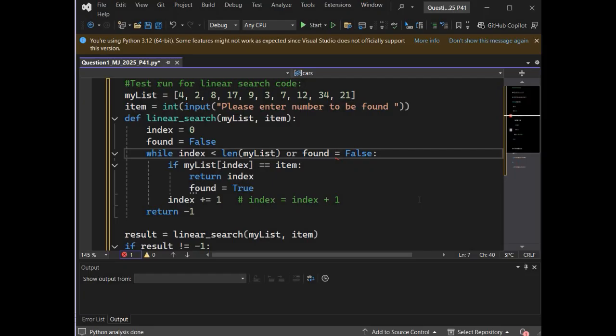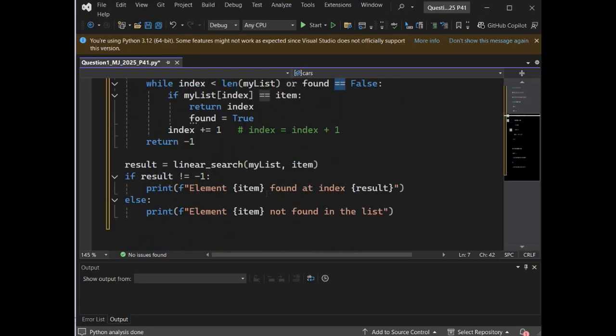Always remember, when you're writing a condition, if you use a single equal to, Python will take that as an assignment operator and it will be confused, giving you an error. Whenever you're comparing something, always make sure that you use double equal to, whether you're writing an if statement, a while condition, or anywhere else. So everything is good to go.